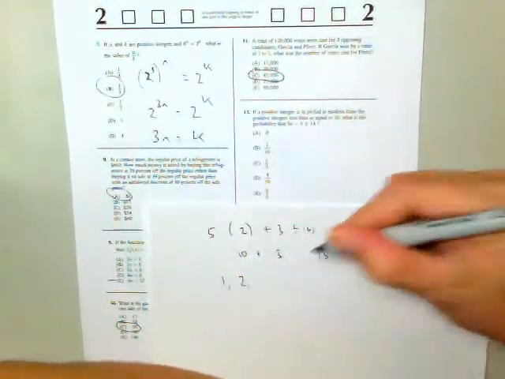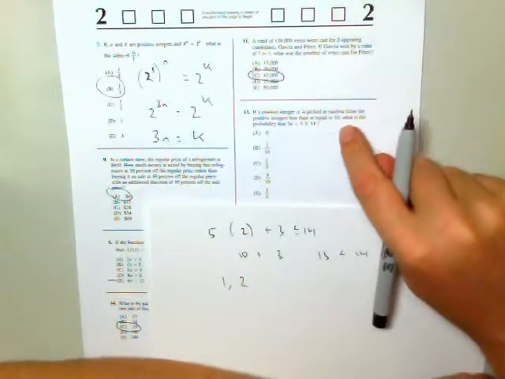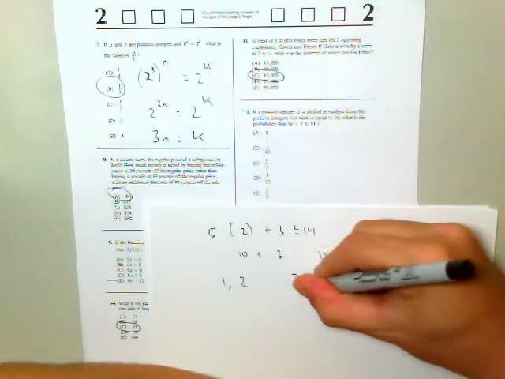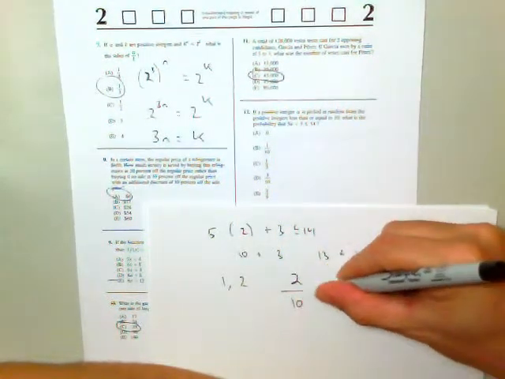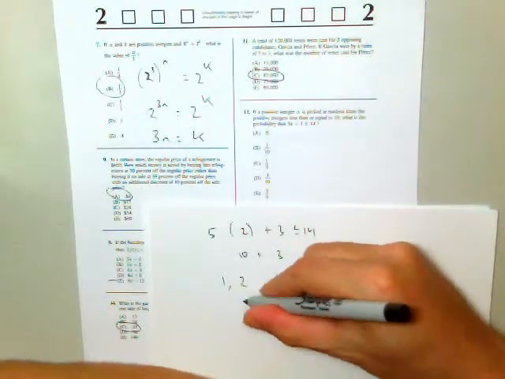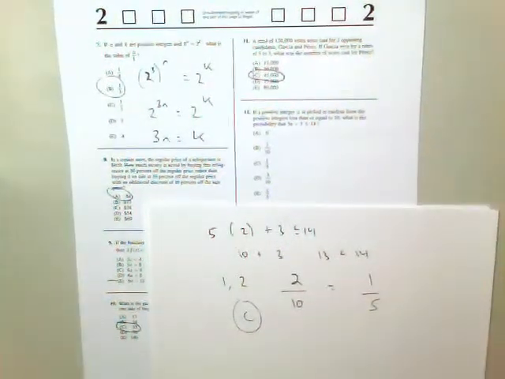So 1 and 2 are the only numbers that work out of the positive integers less than or equal to 10. So the probability that this equation holds true is 2 out of 10, or reduced 1/5, which is answer choice C. I want to mention, the fractions on the SAT are most likely put in simplest form,